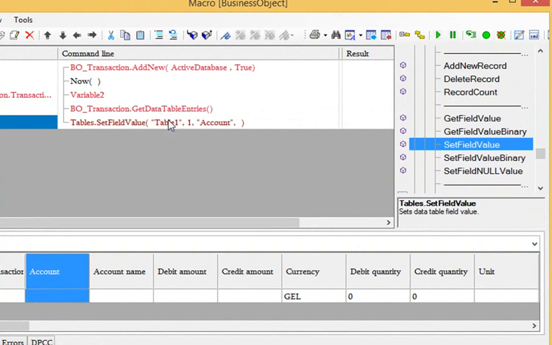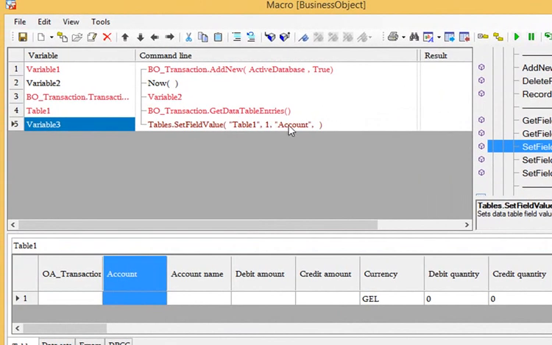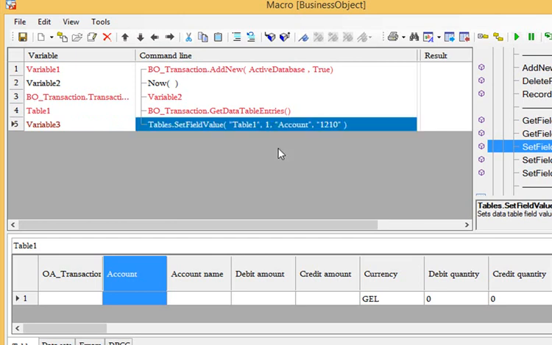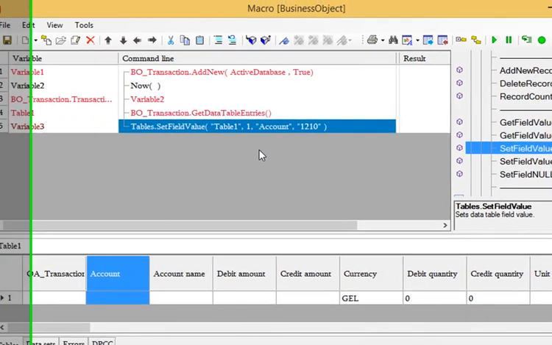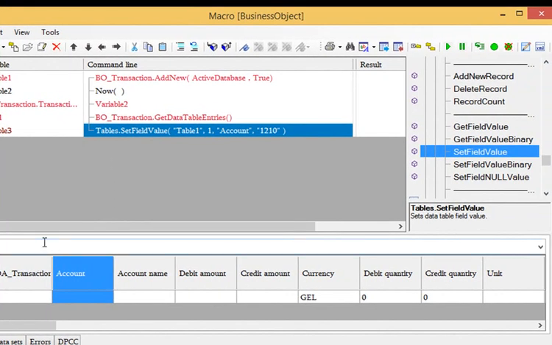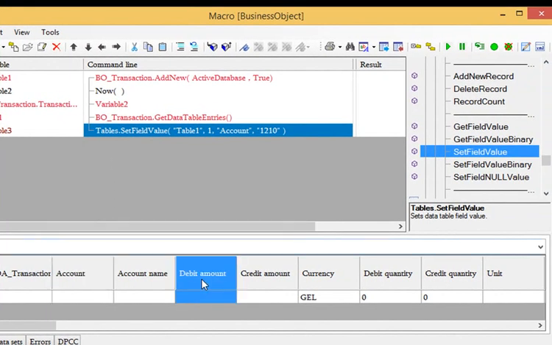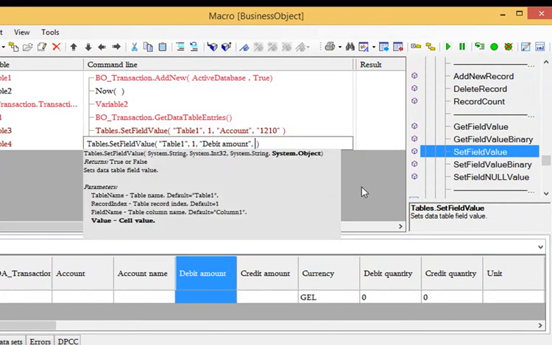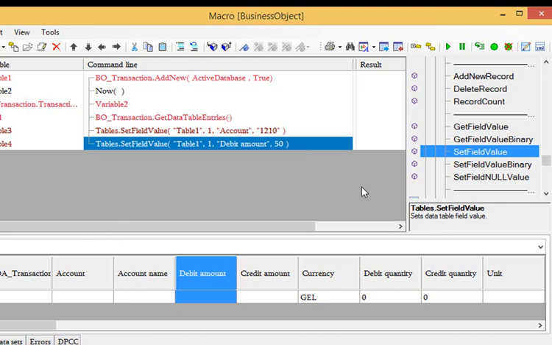And in the first table and the first record and field account, let's set account number 1210, and also we should set a value to this field debit amount 50 lari, and now we should add the second record to this table,